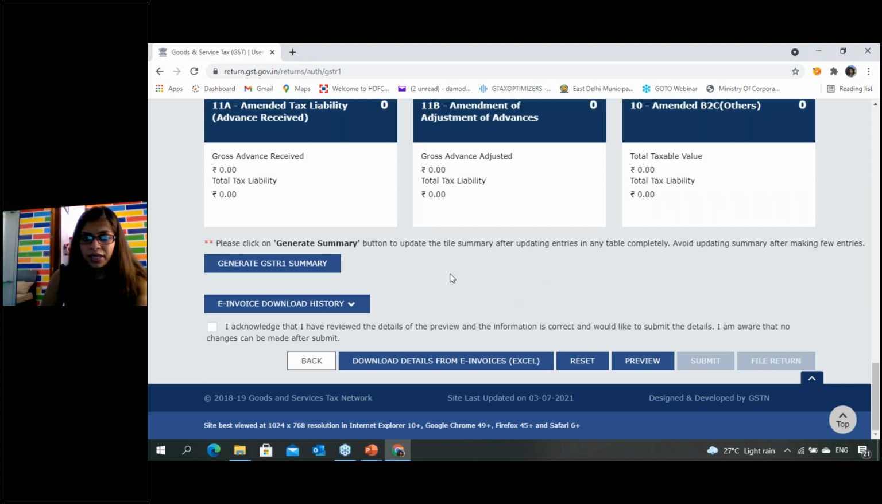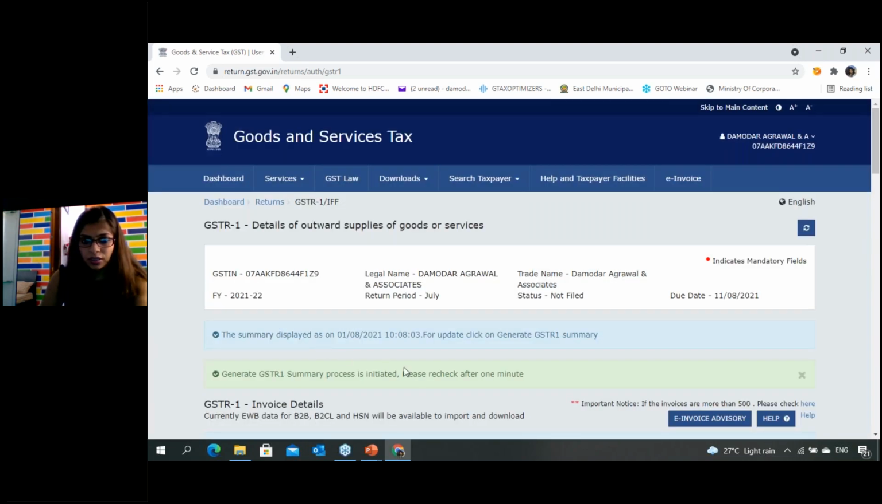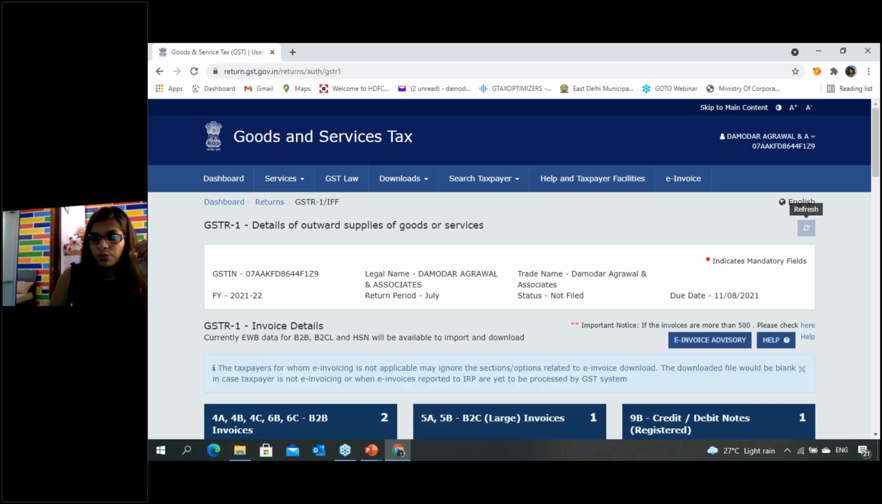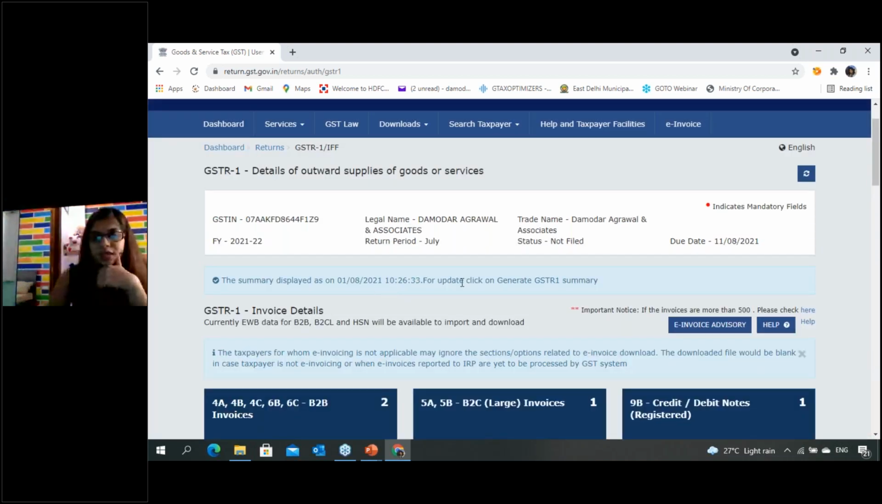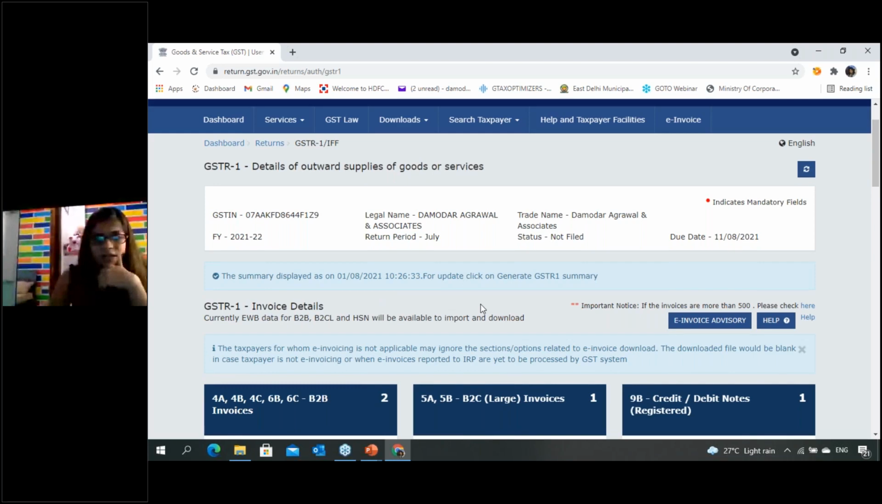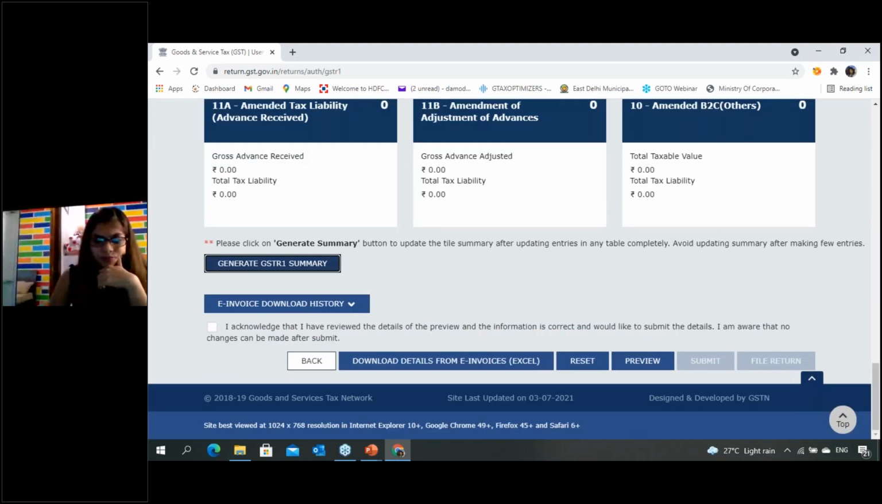You can click here to create a summary. Your summary file will be created. The summary displayed is as on 10/8. So the system by default has generated a summary at this time. If I want the same summary report, I can click it. But if I want a fresh summary, it will be developed in 1 minute. Now it is available. Wait a minute. Okay, now it is giving me the updated message. The summary displayed is as on 10/26. So if I click here,